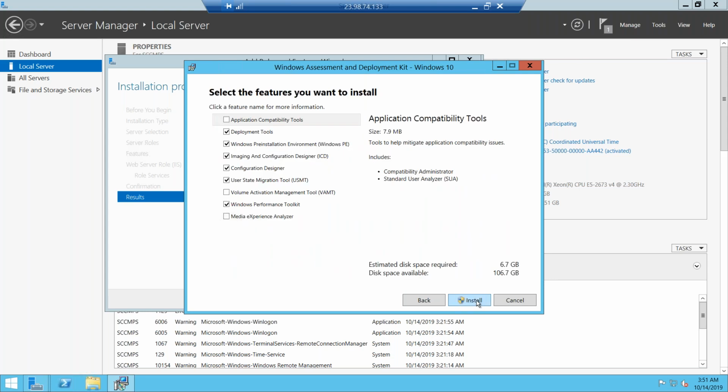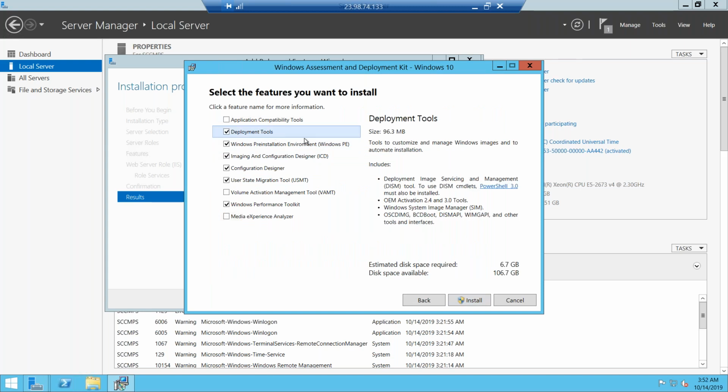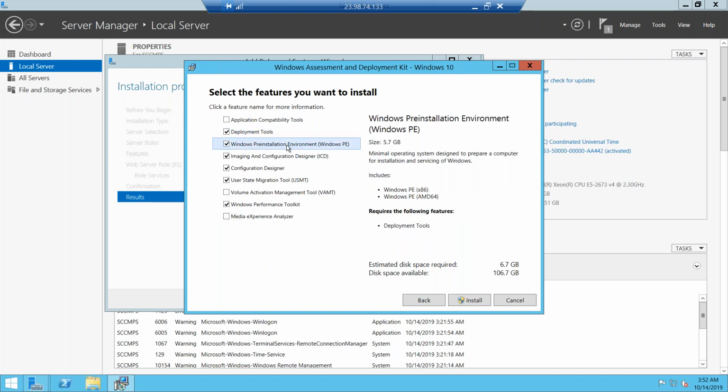accept. Now we have to choose a couple of things like deployment tool. Using this tool, we will be able to deploy operating system over the network. Okay, so we'll leave that as it is. The second one is WinPE, the boot images. When the computer does not have any operating system, then at that point of time it needs to boot because it's just plain hardware. So these two boot images will help the computer to become bootable,